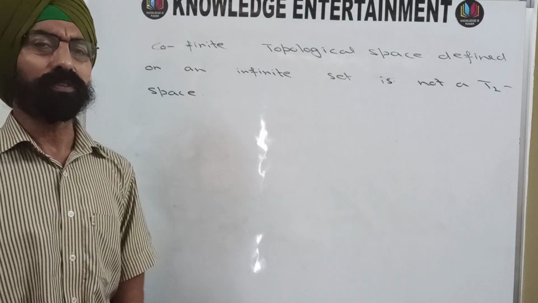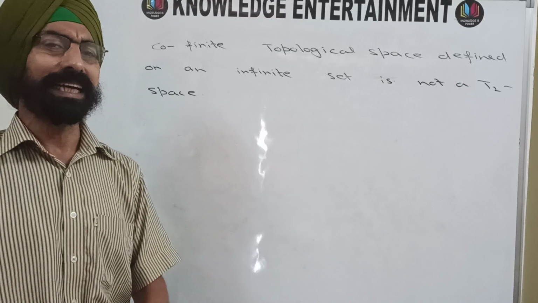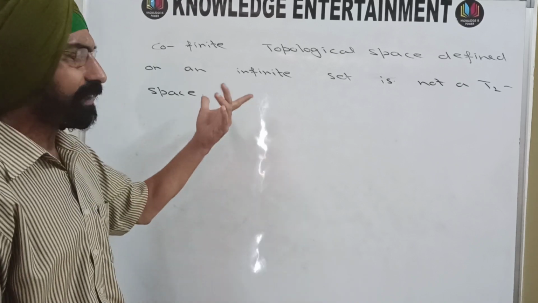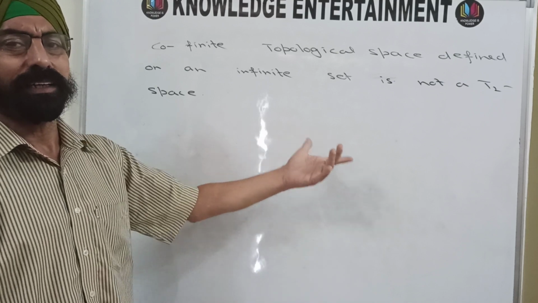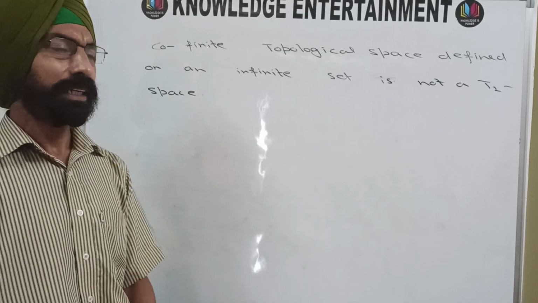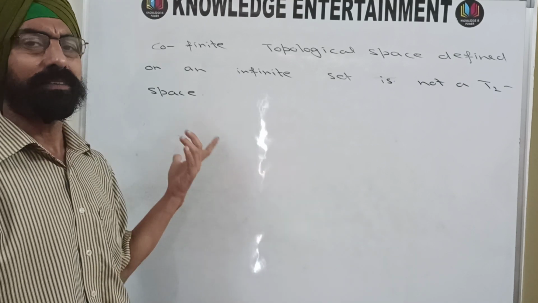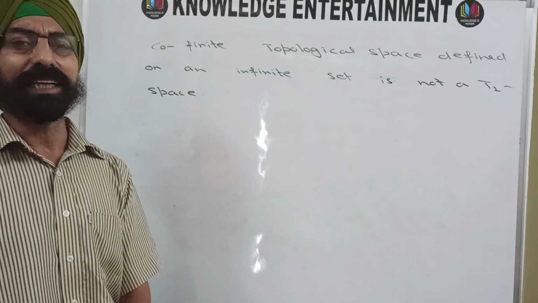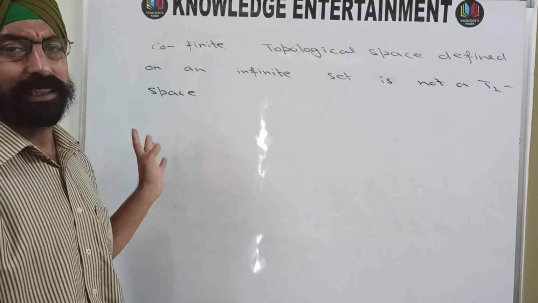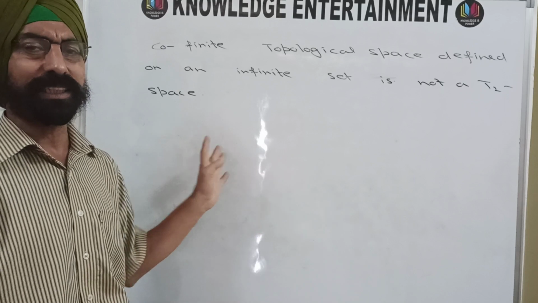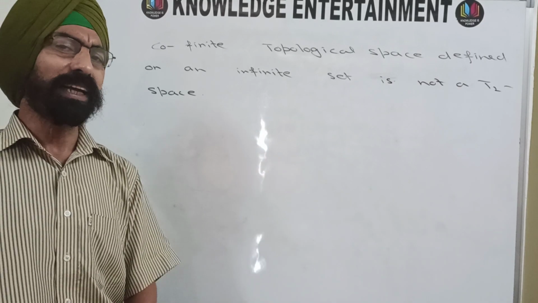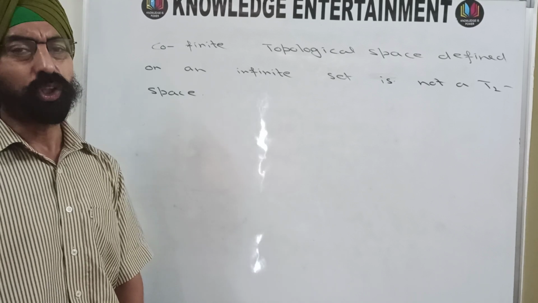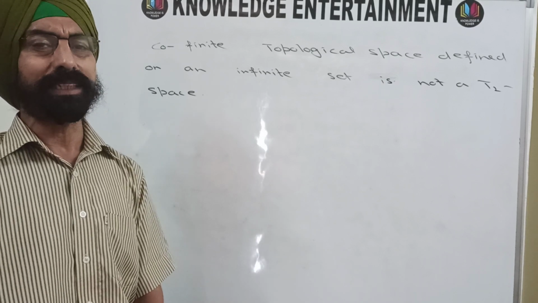On the same lines, what we will do, we will take 2 points X and Y from the infinite set, and then since we have assumed that the topological space is T2, we must have 2 open sets G and H such that X is in G and Y is in H, and G intersection H is phi. G intersection H is phi will give you G complement union H complement is X,